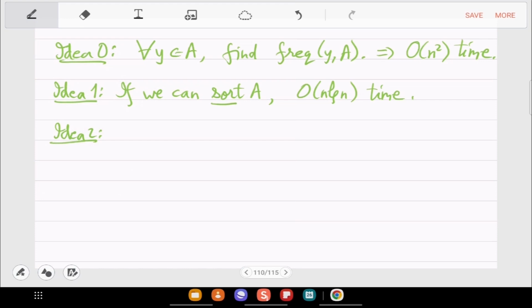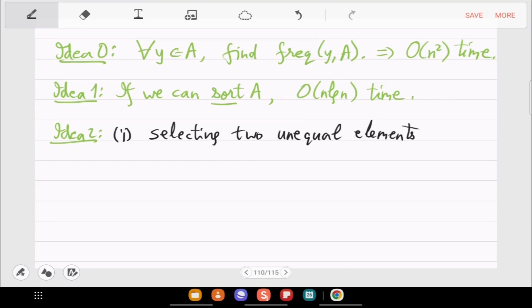So some of the observations are, what you observe is that if you select two unequal elements and drop them, so let me say not select, but dropping two unequal elements from A, or deleting.